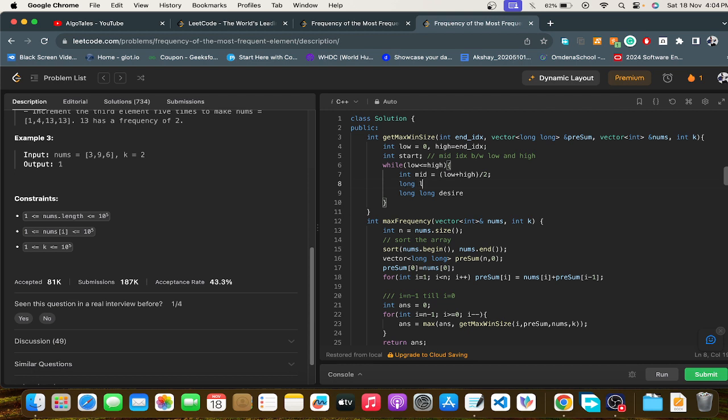The window size is from mid till ending index, so it will be end idx minus mid index plus 1. The size from index i to j is nothing but j minus i plus 1, right? So the desired sum will be window size times nums of the value at end index,